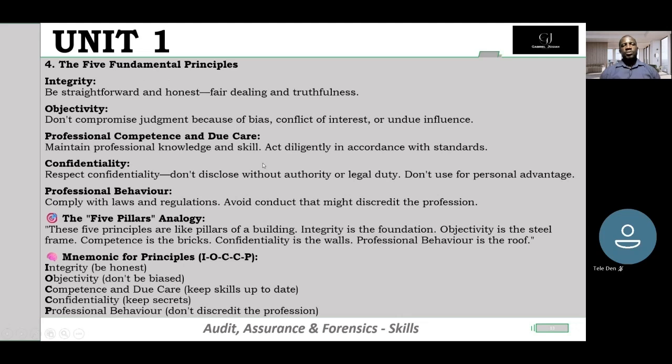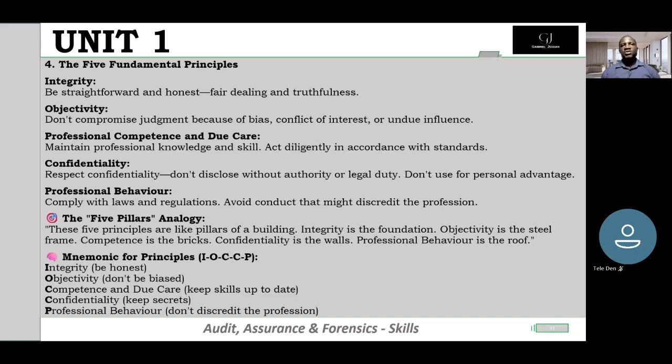So next we'll move to the 5 fundamental principles. And now we come to the heart of this chapter, the 5 fundamental principles, and these are non-negotiable. You see, the code of the IESBA speaks to shall, meaning these principles are mandatory for accountants. So number 1 is